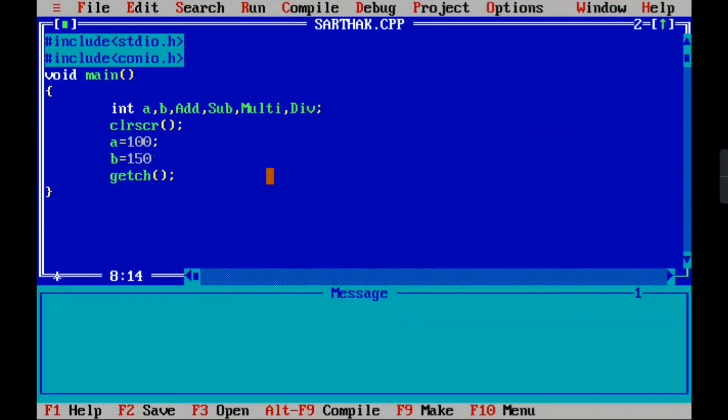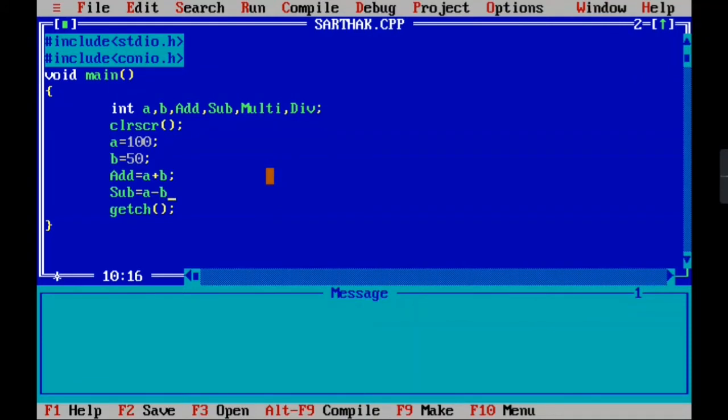Sorry, because we have to do add and subtract, I am putting the value of 50 only. Now we also have to write the sum, how the addition of A and B will be defined. So we write ADD is equal to A plus B. Then subtraction, SUB, it will be A minus B.